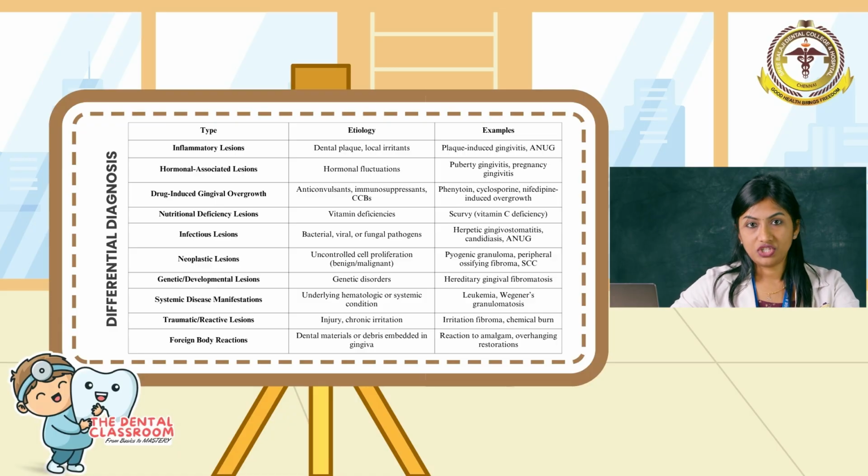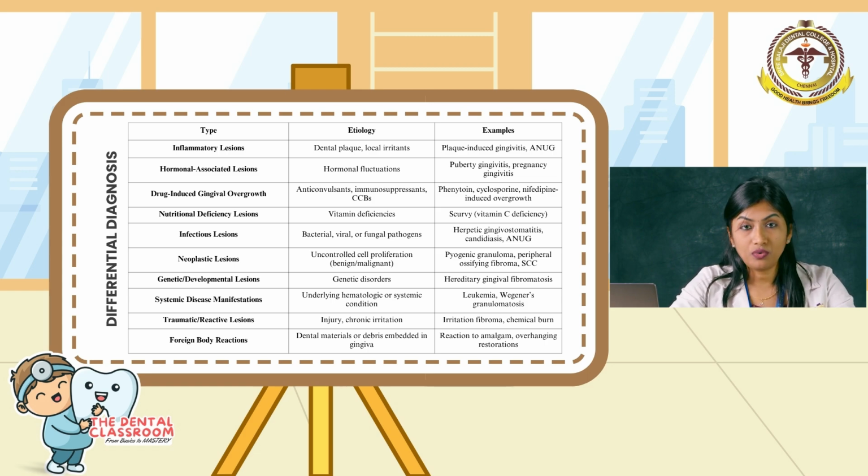So other than this gingival inflammation, we also have various types of gingival disease structures. Those inflammations are, first, the inflammatory type as we discussed earlier, and second, the hormonal induced type. So puberty, pregnancy, and menstruation can also induce gingival inflammation without the involvement of dental plaque itself. And then drug induced gingival overgrowth, which is caused by phenytoin or cyclosporin or any other immunosuppressant forms, so